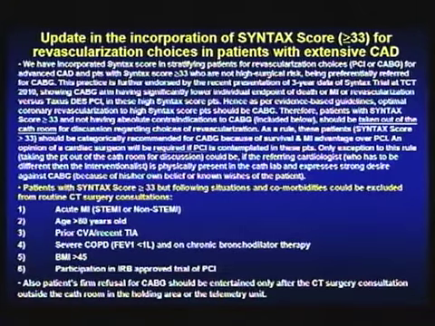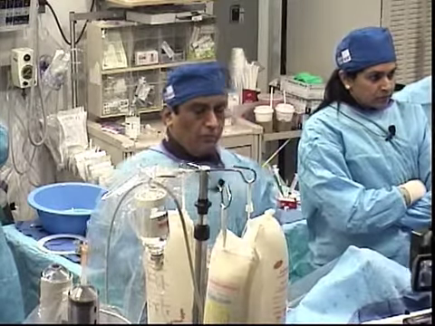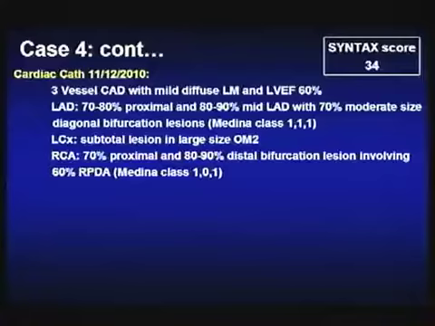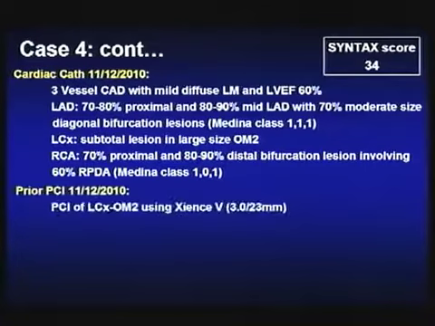So this patient actually was done the same way. We brought the patient out and the patient did not want to go for surgery, and Dr. Anu brought the patient back a few hours later. The sheath is still in place, and then put a stent in the OM2. And now